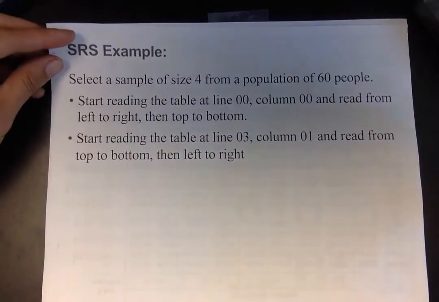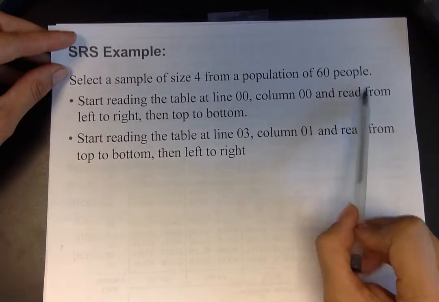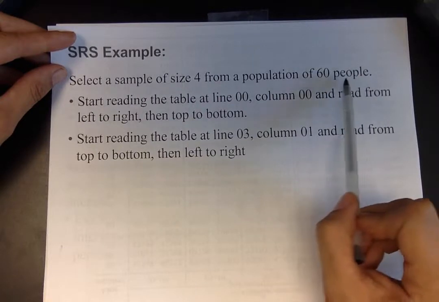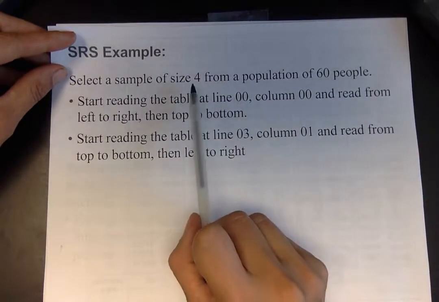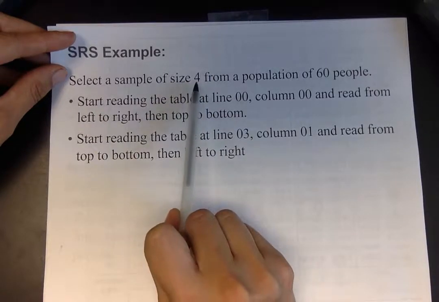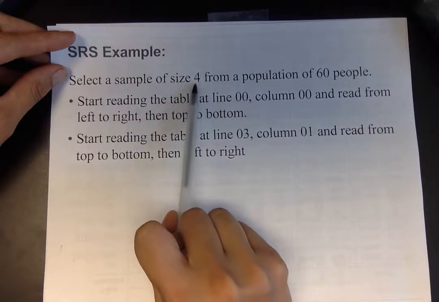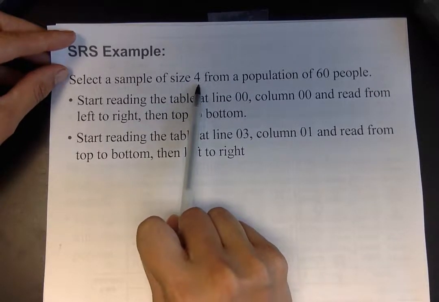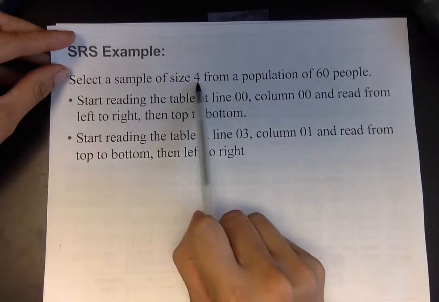I'd like to select a sample size of 4 from a population of 60 people. So this is like I have a class and there's 60 people in the class. I don't want to interview all 60 people, but I do have enough time to check in with 4 of them. So I'm going to randomly choose 4 people from my class and interview them to get some ideas about things that are working. In order to choose those 4 with SRS, with simple random sampling, I'm going to use